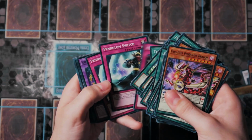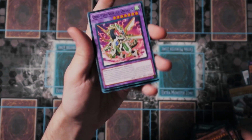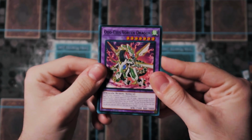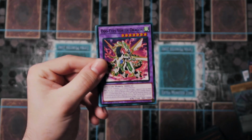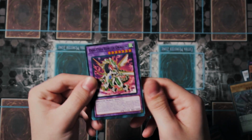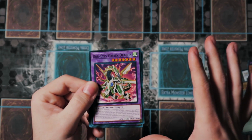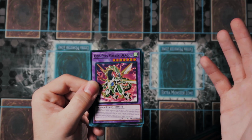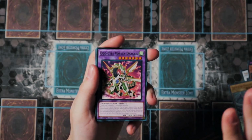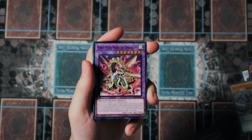Echo Oscillation, Reborn, Pendulum Switch, Supreme King Dragon Starving Venom, Odd-Eyes Vortex Dragon. The one card we needed from this. I'm going to just explain how important this card is too. You pull this card off of your Guard Dragon combo, and I just want to say, I'd be damned if I lost to Super Poly over the weekend at YCS Dallas. I don't like Super Poly, I've said it before. To summon something off of it, like a Starving Venom Fusion Dragon, all you need is 2 Dark monsters. We do have Hot Red Dragon Archfiend that we pulled from Dual Power a while back. That would have been our go-to choice to play with the Guard Dragon engine, but I really want to just